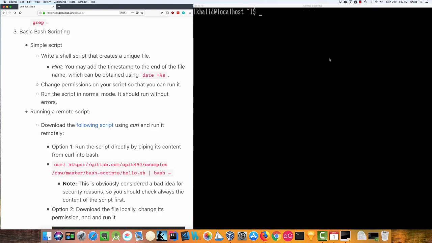Now we move into bash scripting. The first exercise is to create a simple script that creates a unique file. We know the command to create a file is called touch, or you can use a text editor like nano or vim to create a new file. There are many ways to create files in Linux. The easiest one is to use the touch command and give it the name of the file, so it will create an empty file for you,